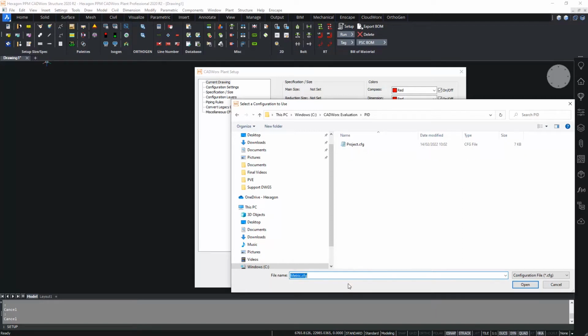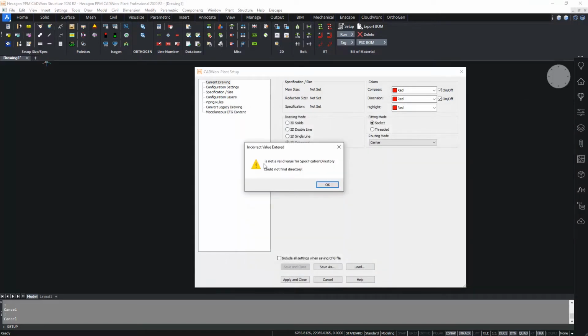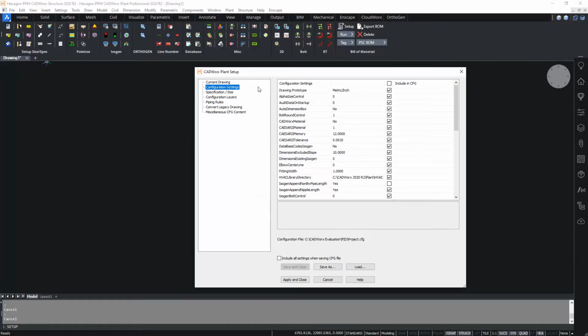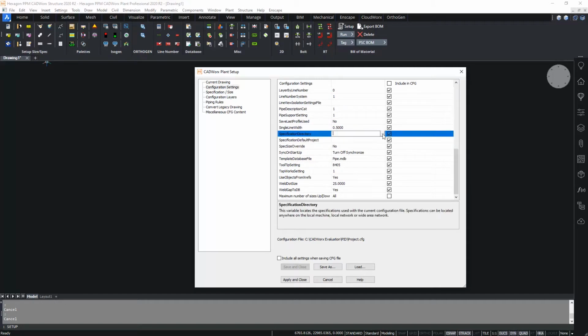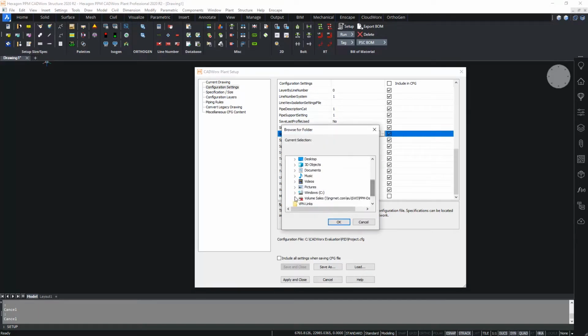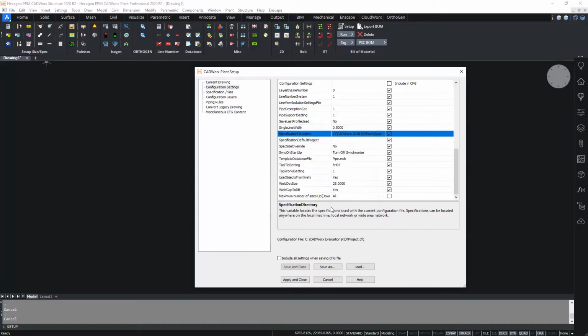So I'm just going to browse to my P&ID project folder, and there will be located the project.cfg that was created when I created the P&ID project itself in the previous video. Okay, in that config file I don't have a valid value for the specification directory, so the next thing to do is go to the configuration settings and set the specification directory to the correct directory. Once again here I'm going to use the CADWorx install folder, plant and spec folder, same as before,